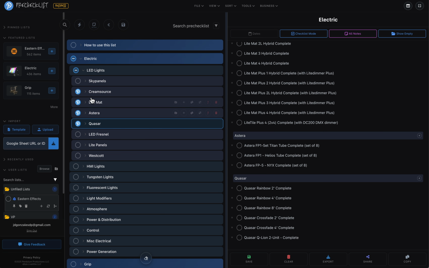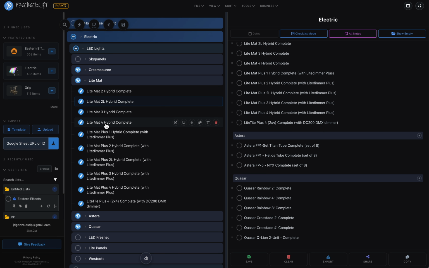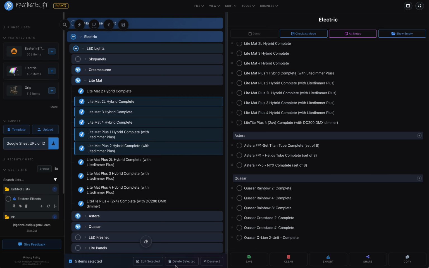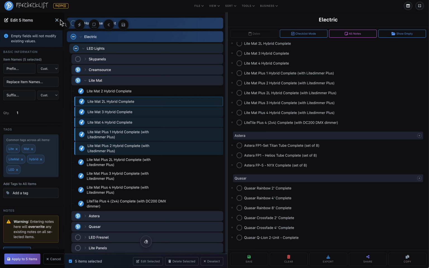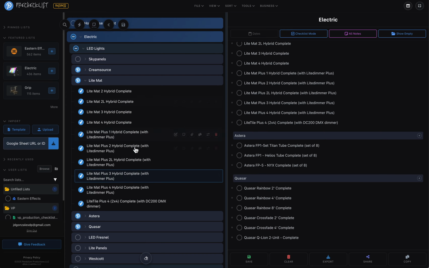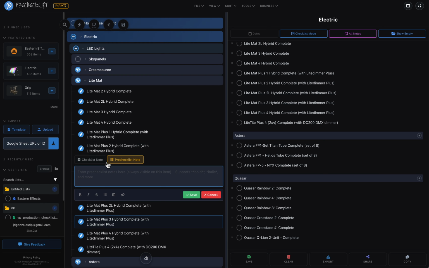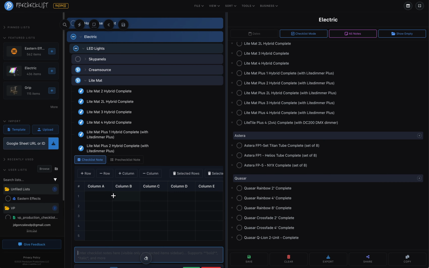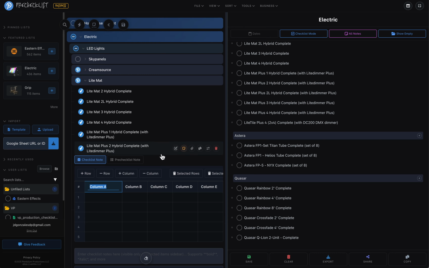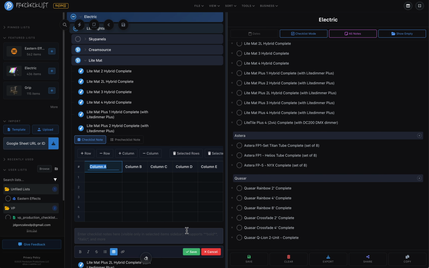There's so many more advanced things that I could get into. There's some other, I don't want to call them secret menus, but if I select all these things, I can edit multiple items. I can certainly attach, like I said, anything I want. There's pre-checklist, checklist notes. There's a table where I can add different rows to each thing. Now I know this seems like a lot, but a lot of it is unnecessary. And honestly, when you start working with it, it's just like, oh, that seems like the best way to take this note. For example, if I wanted,